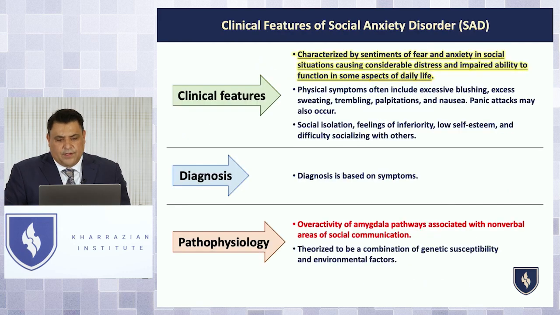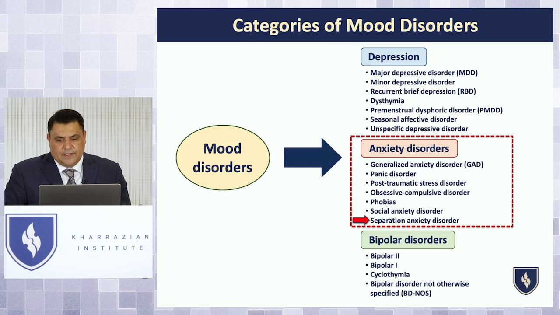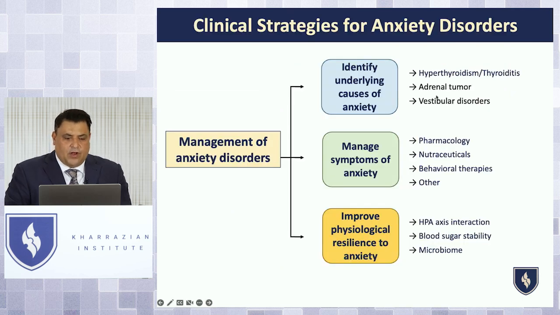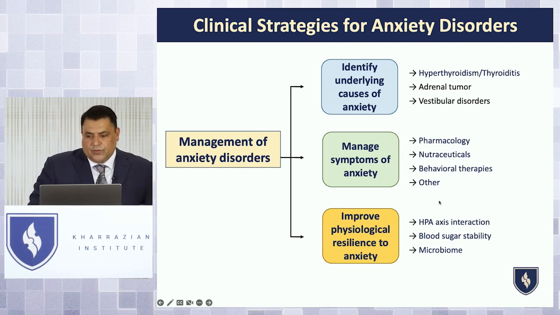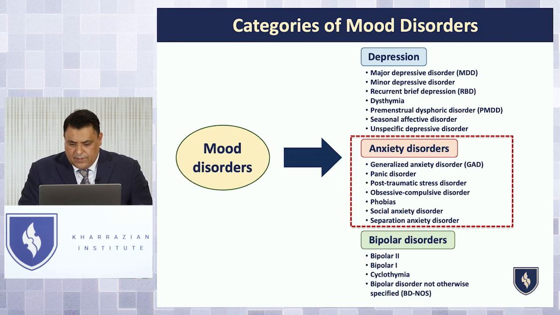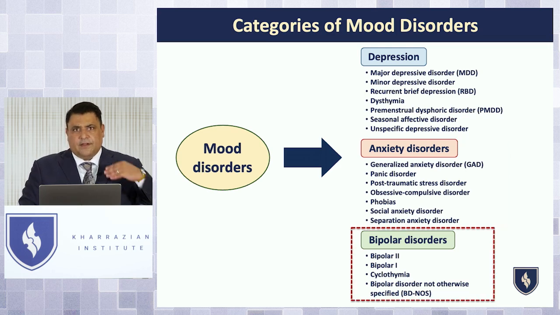But let me go into not just the basic diagnostic criteria for each of these things, but how these things could be clinically managed and clinical strategies. So first of all, the underlying cause could be identified, like a thyroid disorder or adrenal tumor or vestibular disorder. They could be given nutraceuticals to improve their physiology and so forth. But those are not necessarily the main things that need to be addressed. Okay, now let me cap here. Now we'll go over the neurology of anxiety disorders in greater detail in the next section.